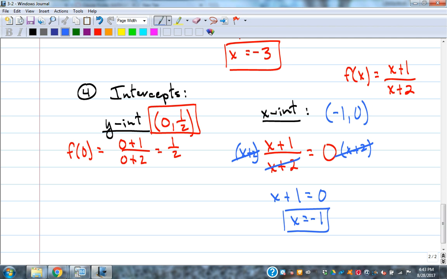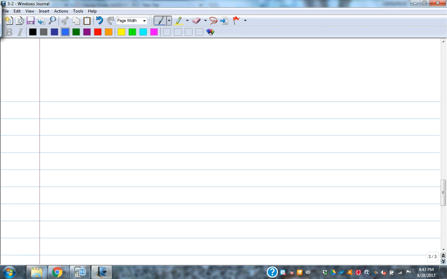So being able to take a graph and find those things from it, like that first example we did, or take an equation and find various things from that based on just basic knowledge about intercepts and domain and range. Still, if it's an equation, you're still looking for those red flags like we were in section 1. If it's a graph, you're looking at x's left to right, y's up and down. So it's really just look at the picture and figure it out. So that's section 3.2, and I'll go ahead and write on page 224 in the textbook that 9 through 47 odd is what you could look at for that if you want to do some practice problems before the